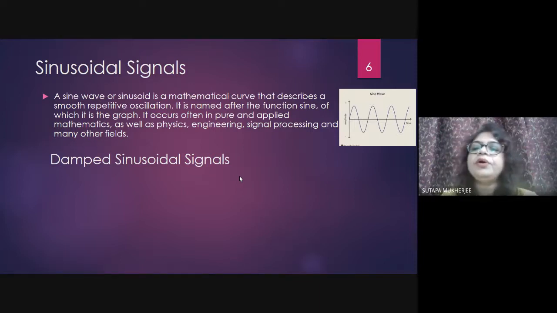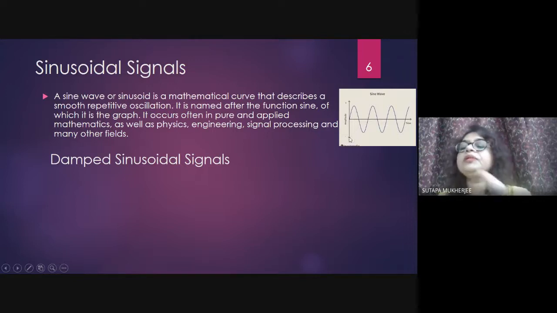This is the pure sine wave. There is no damping. So what will be the factor? What will be the other equation that, if I add this with the sine wave, will be the genuine cause to get the damping of that particular signal? So this is the total sine wave signal.